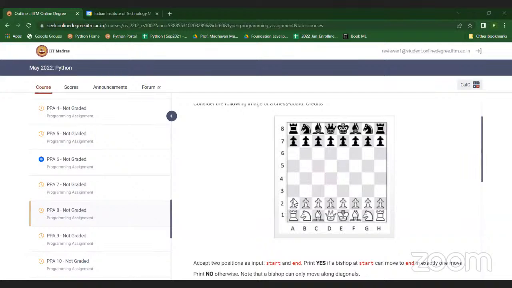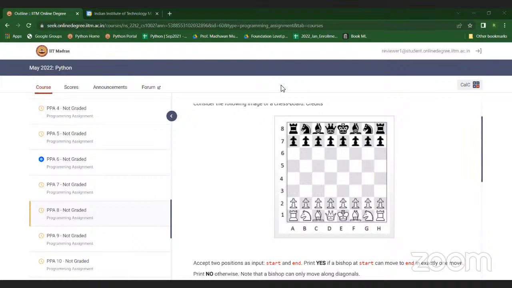Ram sir, are we able to get the last term's live sessions links, from week 1 to 12, what you have discussed? The YouTube links, you mean? Correct, sir. That I need to check. That could be available on Google Calendar. Oh, great. That should be available to each and everybody, sir, because we can refer to those also.